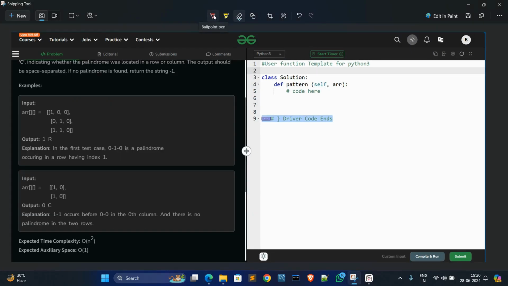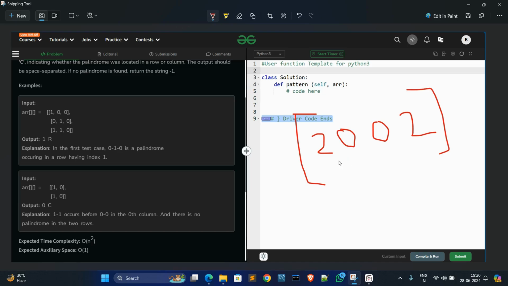Now first understand what is palindrome. Palindrome means, suppose this is a string, or what you can say an array. A palindrome means that in a given string, after reversing, you find the original value and the reversed value are both the same, all elements in the same position.